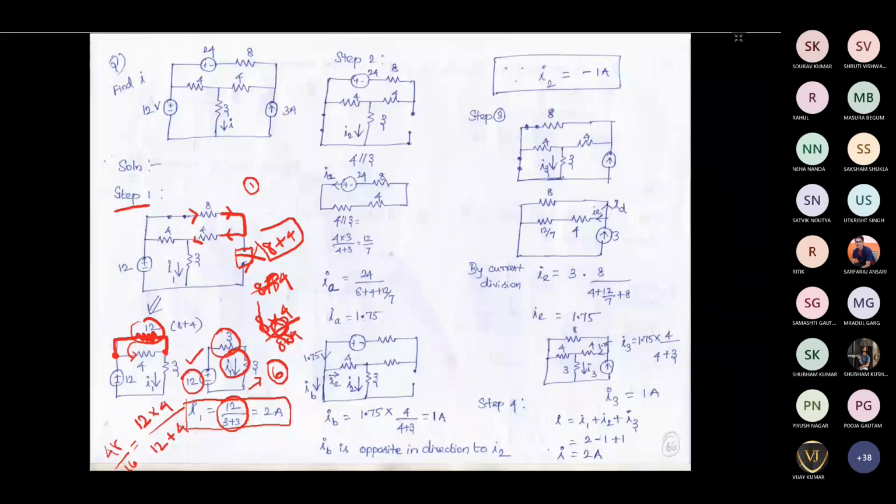Okay, now what do we need to do? For the second step, we have to use another circuit and replace the remaining source. In step 2, we need to consider the second source and replace the other sources by their internal resistance. If you replace it with its internal resistance, this will become a short circuit because it is a voltage source, and this will become an open circuit because this is a current source. Because we have replaced them with their internal resistance, we have to reduce the circuit again.